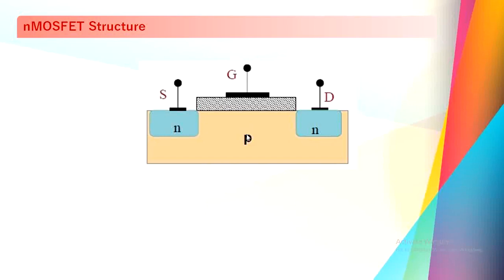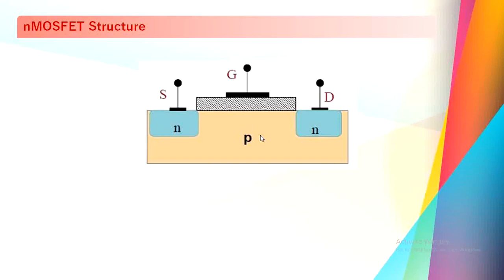And you can observe in the figure the black region indicating the gate. Under the gate we will be having one more layer of SiO2. This SiO2 layer will act as an insulator. So by looking at this physical structure itself, we can say this NMOS FET is a 3-terminal device. Two N regions will act as source and drain, and this polysilicon layer will act as gate. Under the gate we will be having silicon dioxide, that is an insulator. Under that we will be having the P substrate.